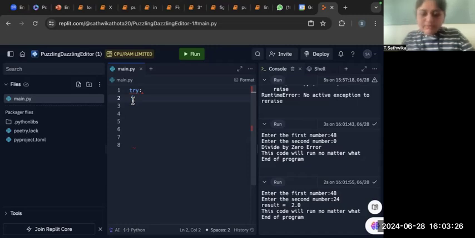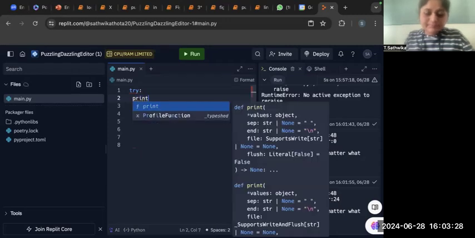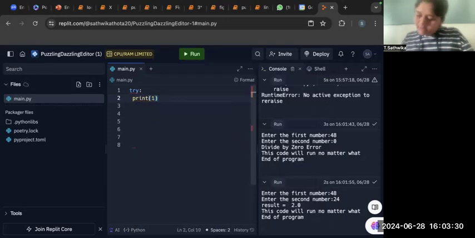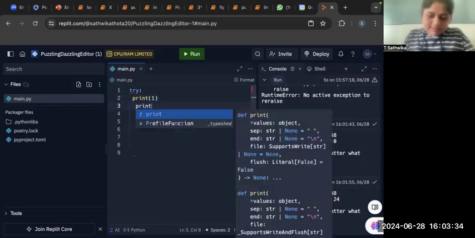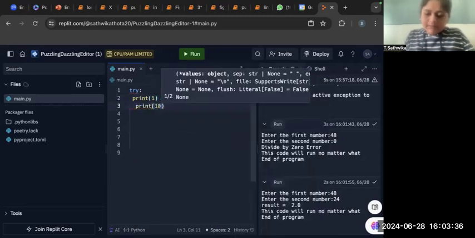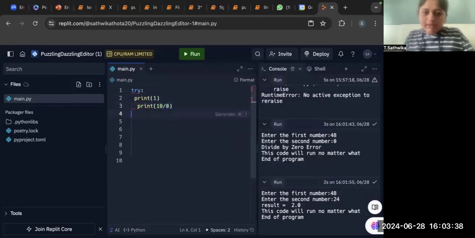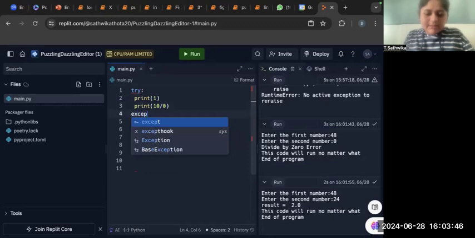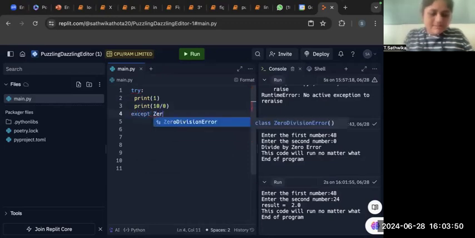We have tried to print 1, and then let's print 10 divided by 0. Now let's raise an error in the except block, that is except ZeroDivisionError,